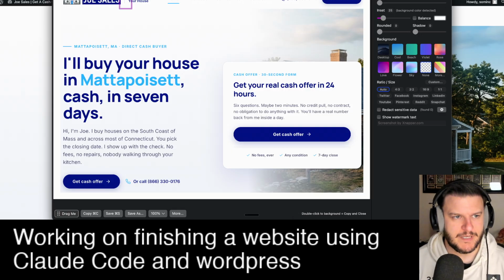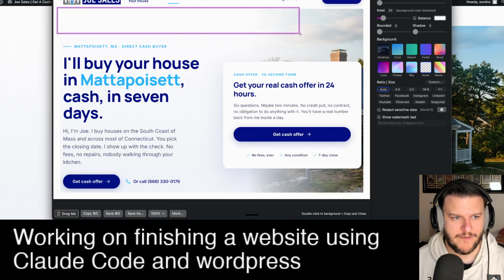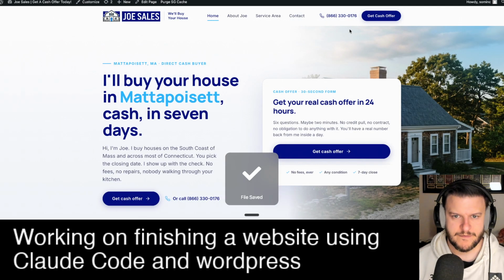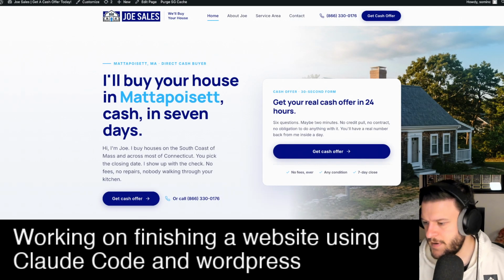But then what I like to do is go up in here and I can say, hey, we have all this extra space up here that needs to be removed, right? So then I save that. And then I pause as I go to my desktop screen real quick. And then I basically throw that image into Claude. Let me close this too. I throw this image into Claude and then I say,